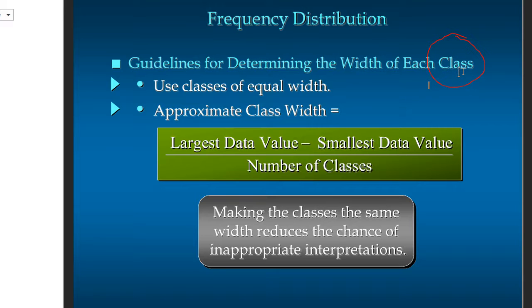Well, this is the formula for setting up the class. You figure out which one is the largest value and which one is the smallest value in that data, you subtract them, and you divide that by the number of classes that you want. They usually use anywhere between 5 to